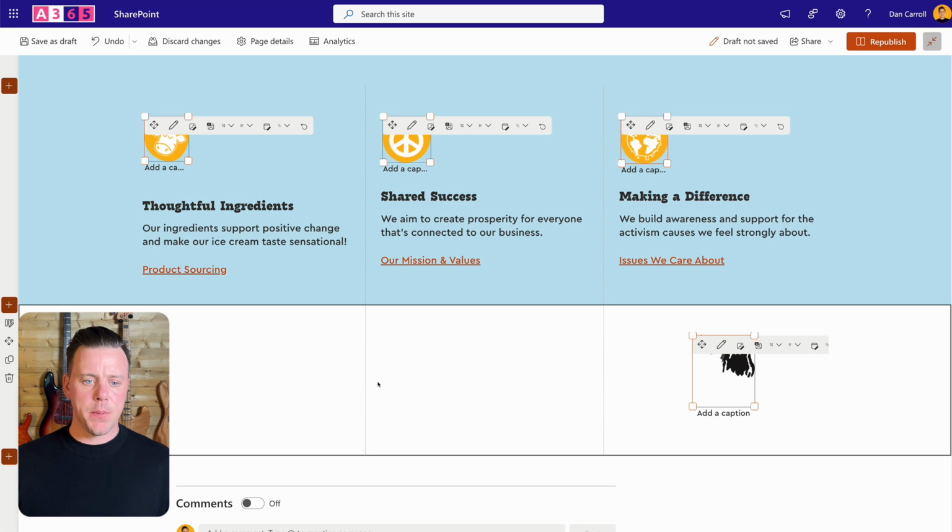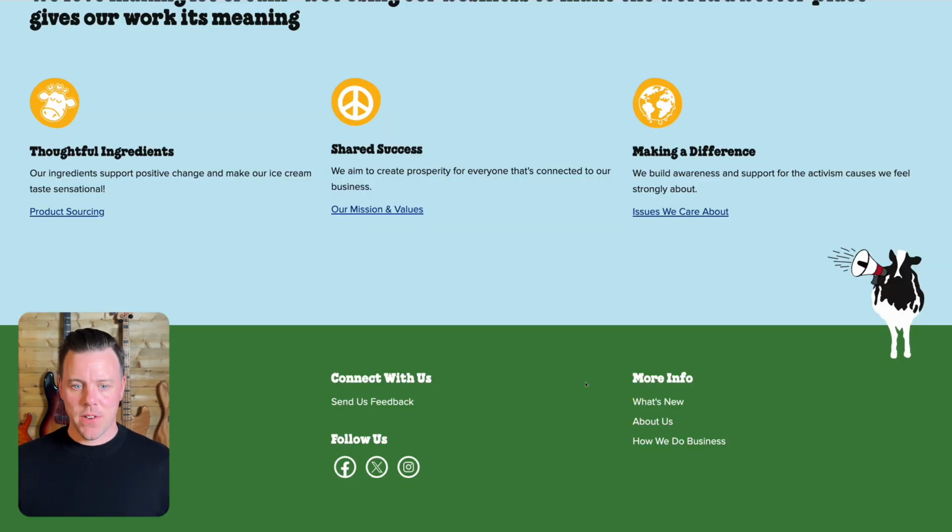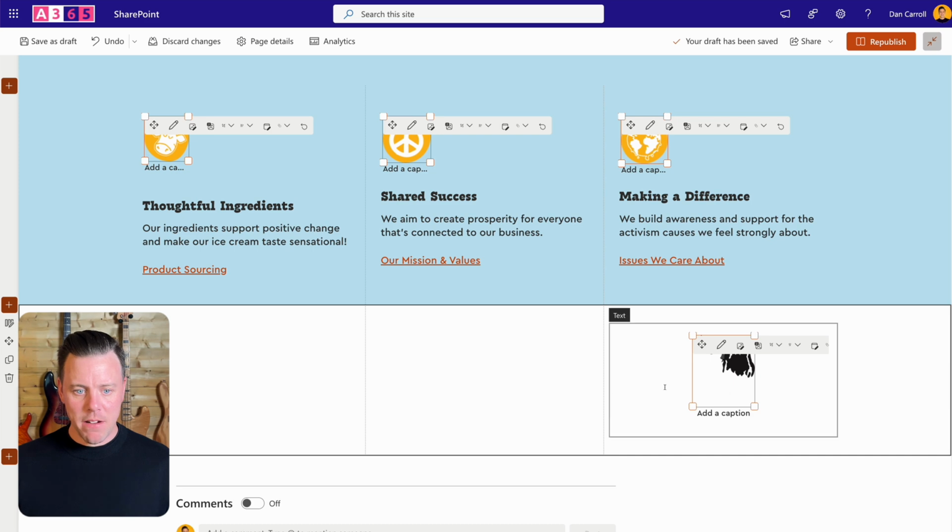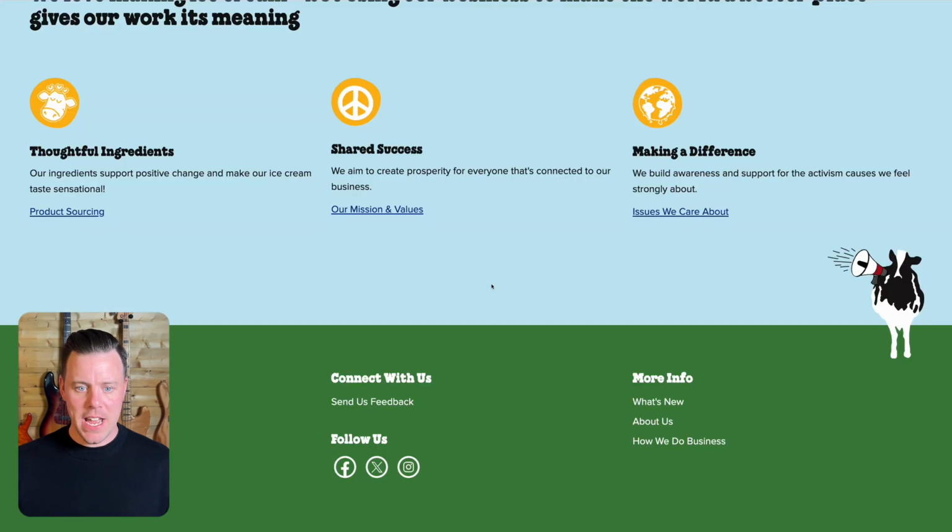Excellent. And now what we want to do is add in, we're going to cheat with this, right? We're going to add in a section background where our cow is, and it's going to be half blue and half green. That'll sit behind the cow and it'll make it look like the cow is kind of between sections, even though it's not. So a handy way to do that is, again, we're going to take a screenshot so we have both colors, back